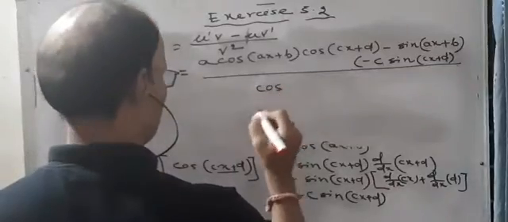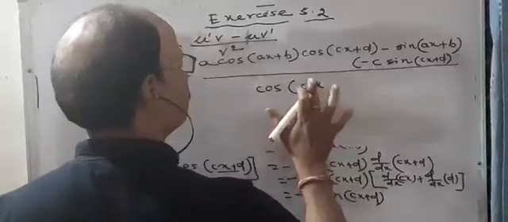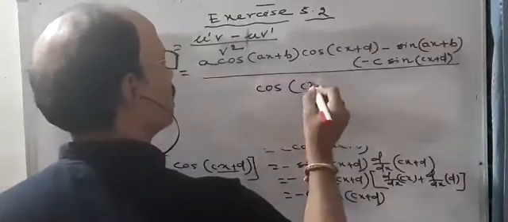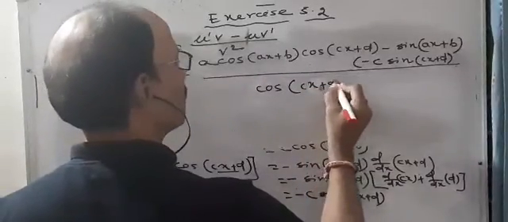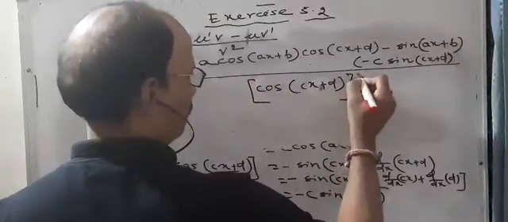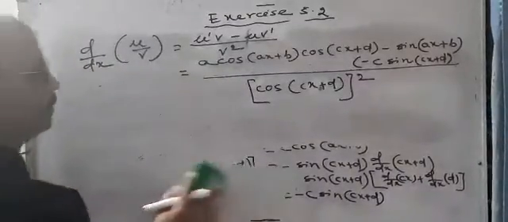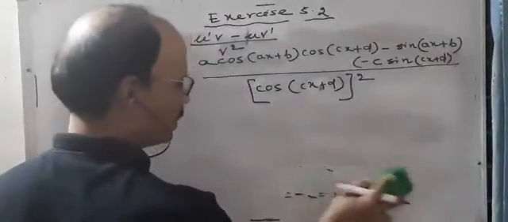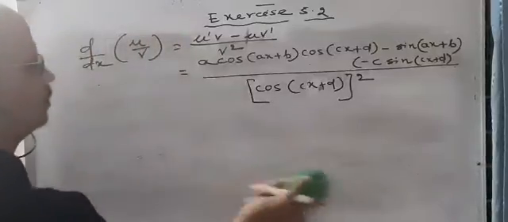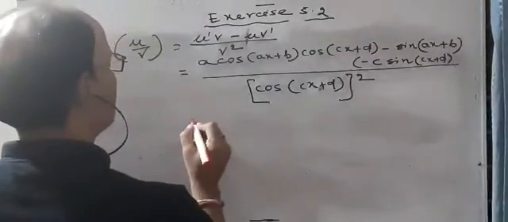V will be cos cx, cos cx plus d, the square. Okay. So now you have to simplify this. So let's simplify. So it will be